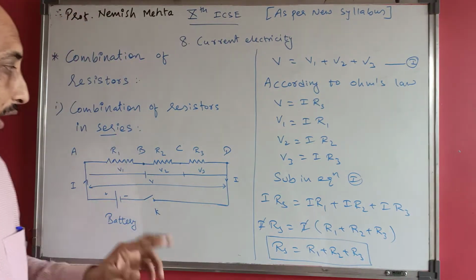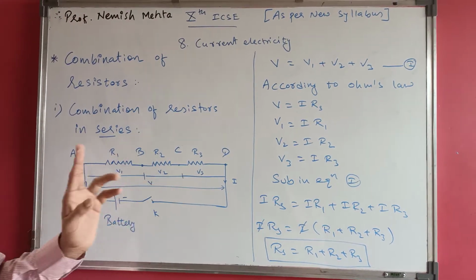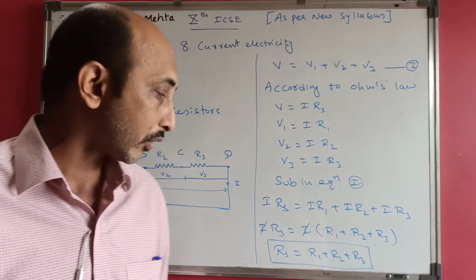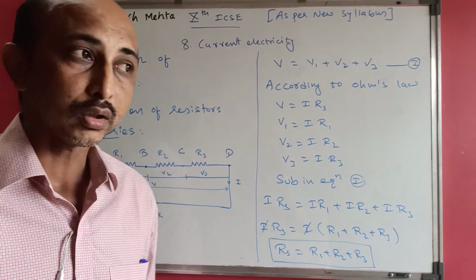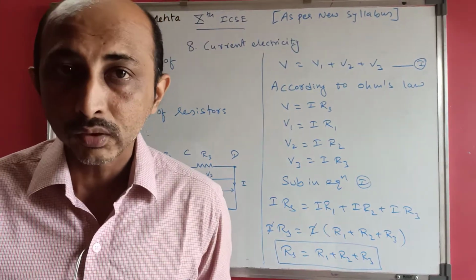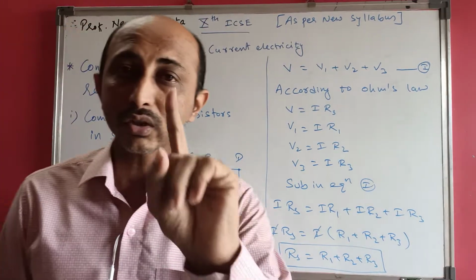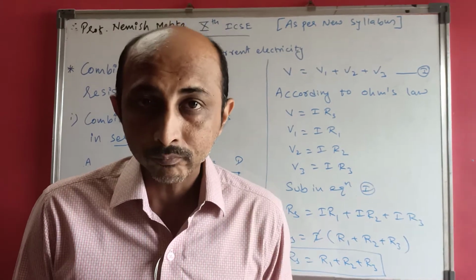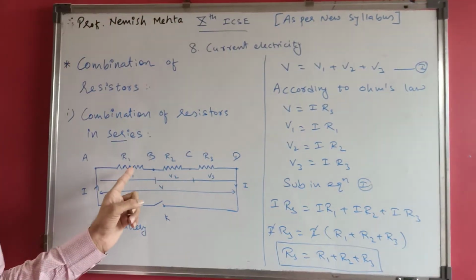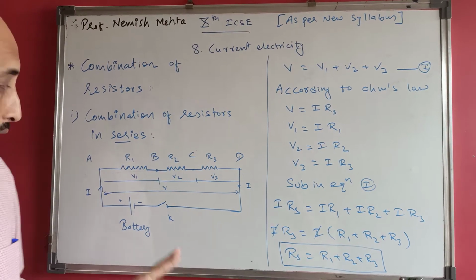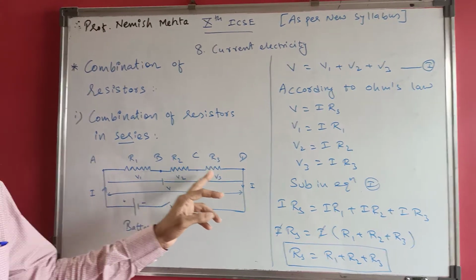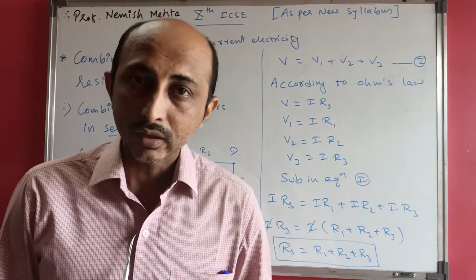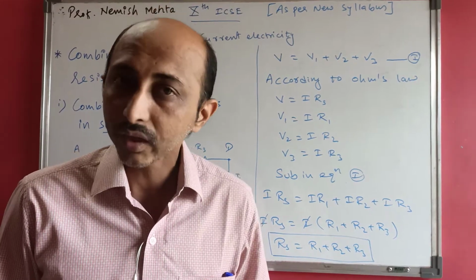Clear? So let us take an example. This is 2, this is 3 and this is 4 ohm. 2 ohm, 3 ohm and 4 ohm. Then the series resistance will be 2 plus 3 plus 4. That would be equal to 9 ohm. So instead of using 3 resistances, we can use a single resistance of 9 ohm, which will give the same effect that was given by the 3 resistances separately. This was giving 2, this was giving 3, this was giving 4. I have replaced these 3 with a resistance in series equal to 9. Effect will be same. Getting it?